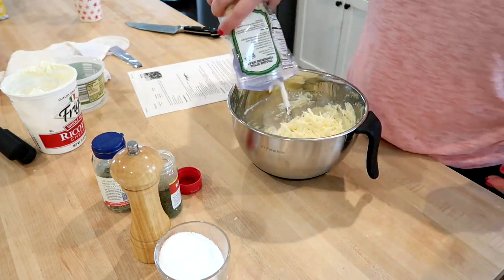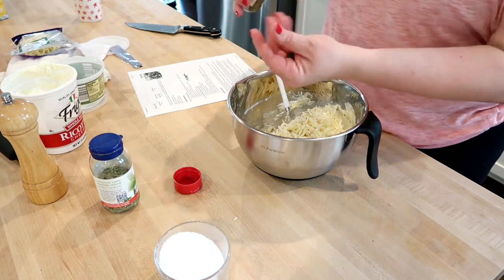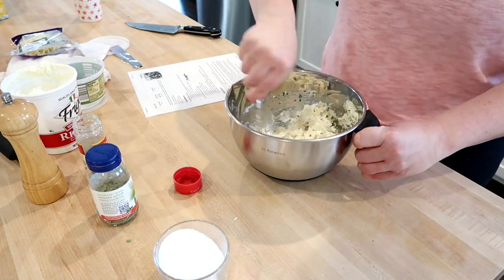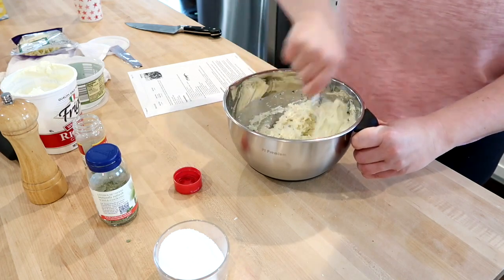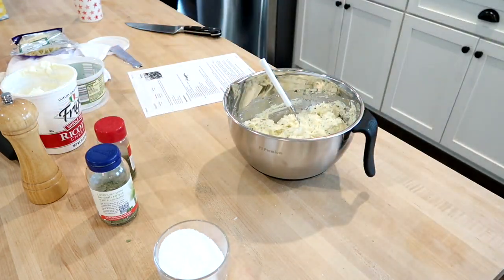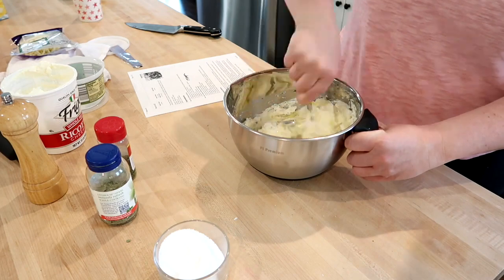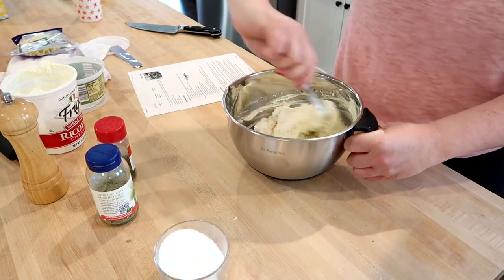I added Parmesan cheese and a little bit of mozzarella cheese, salt, pepper, basil, and parsley. If I would have had it to do over, I may have actually used the grated Parmesan, like the green cheese in a can, which I know, but it's actually a lot saltier, and I do think the filling needed a little bit more salt, although it was still delicious, and I would definitely make this recipe again while adding more salt. So you can see there I added the extra egg,